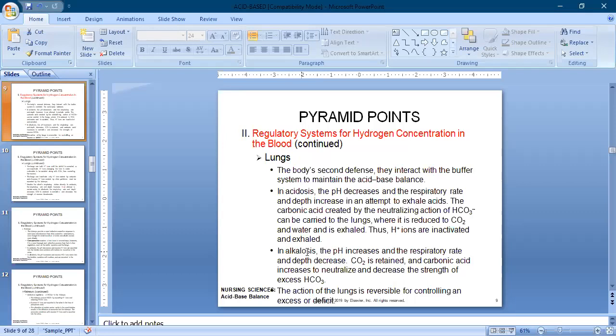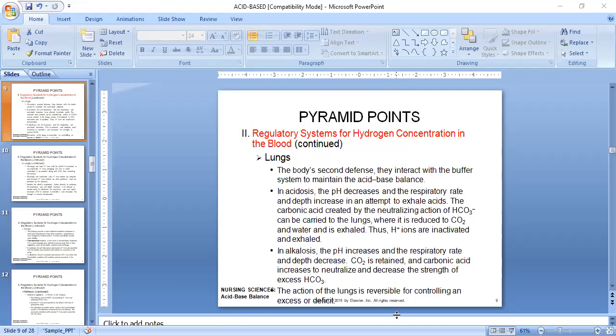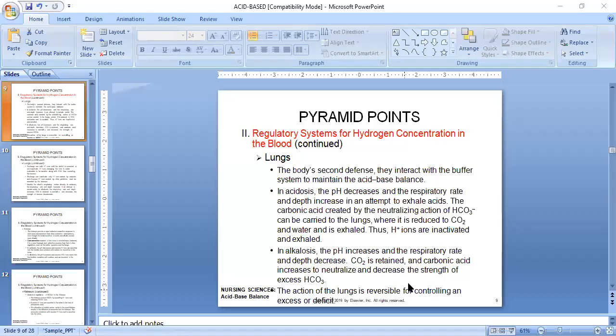So in alkalosis, the pH increases and respiratory rate and depth are decreased. The carbon dioxide is retained, and the carbonic acid decreases to neutralize or decrease the strength of excess bicarbonate ion. So here I'm talking about the acid. I mean, the lungs have an important role in maintaining the